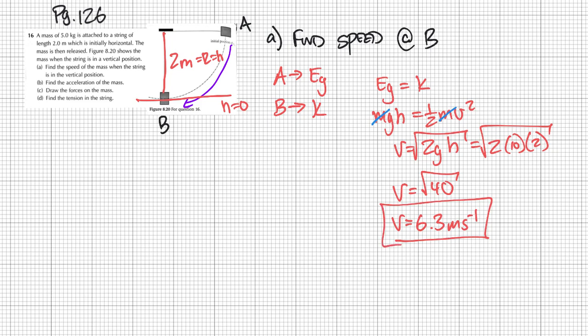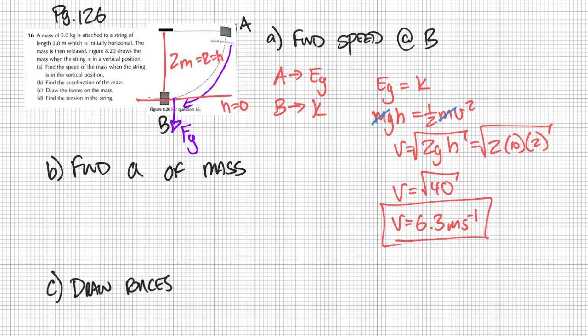Okay, now part B says find the acceleration of the mass. So while here we're not speeding up anymore, we are still accelerating due to the fact that if we look at our forces, we would have a gravitational force down. This is actually C. Okay, let's just do C next because that just makes sense, right? So C, draw forces